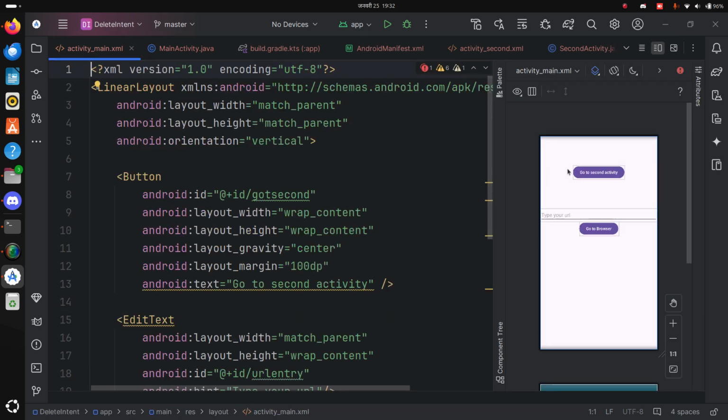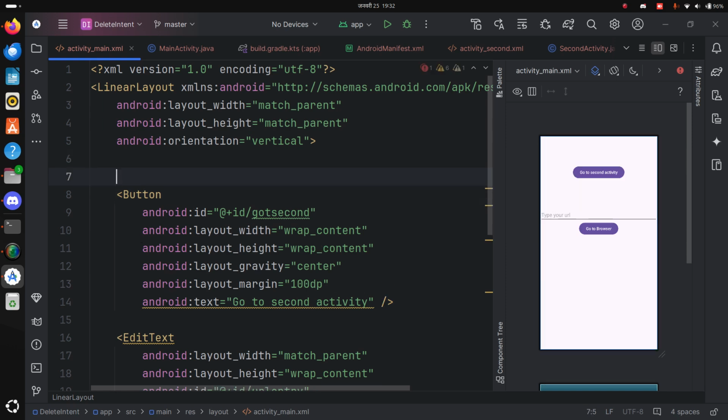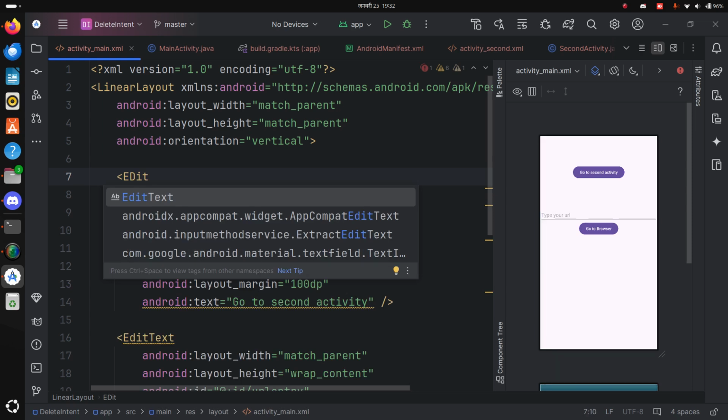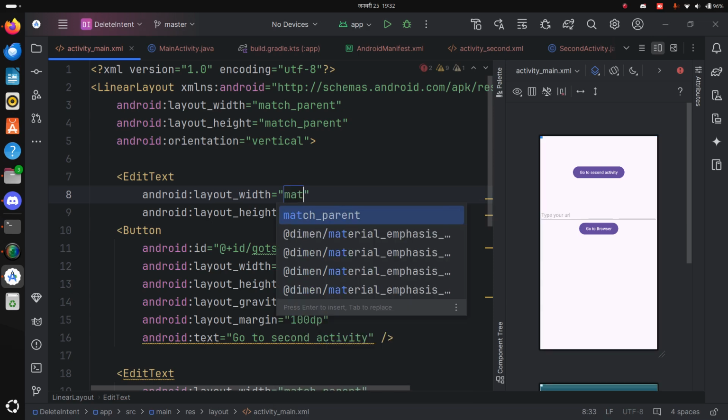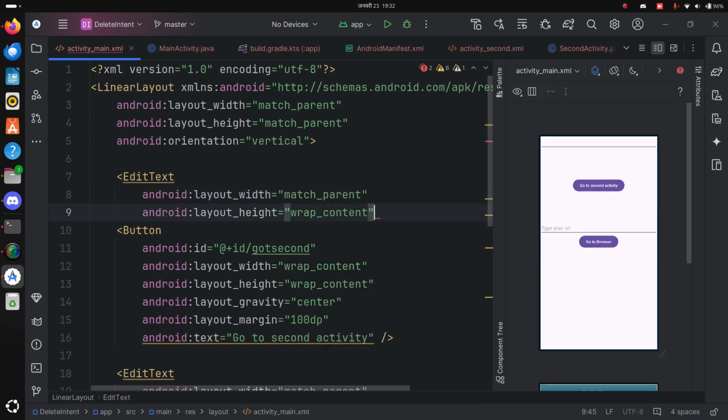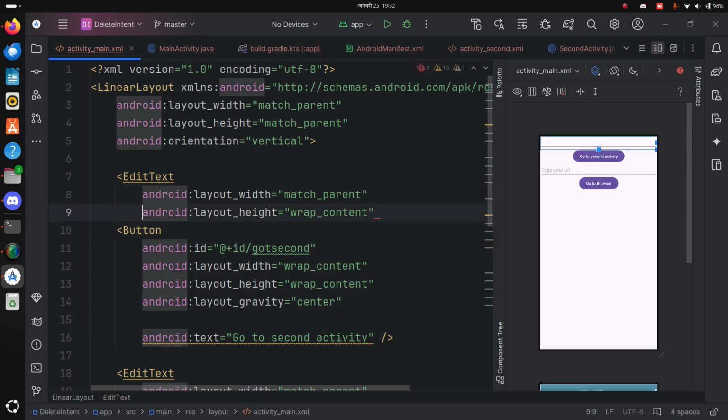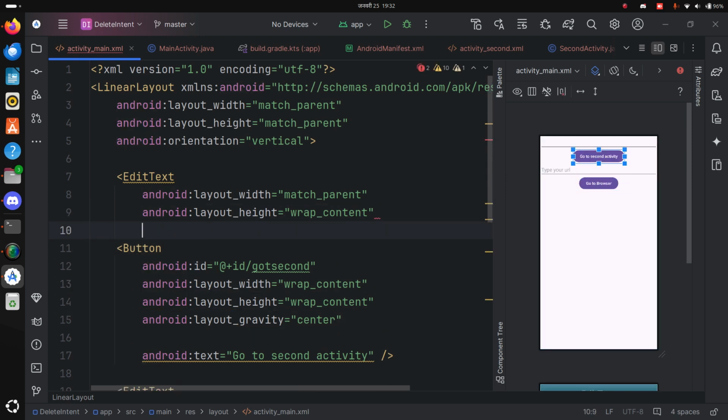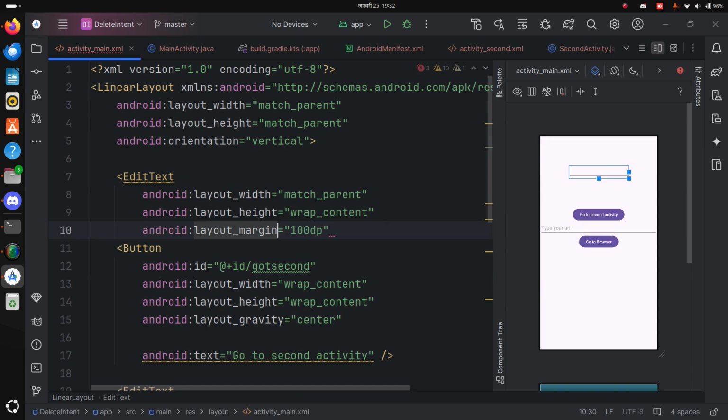So let's go to our UI. We have this explicit intent part implemented here. What I would like to do is add an edit text along with this one. So edit text, width is going to be match parent, height is wrap content. This margin I'm going to remove from here and add it in case of our edit text, and then this margin will be a margin top only. Okay,